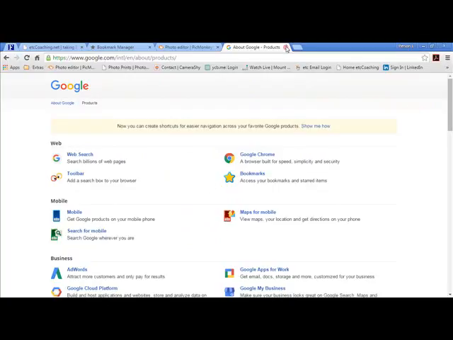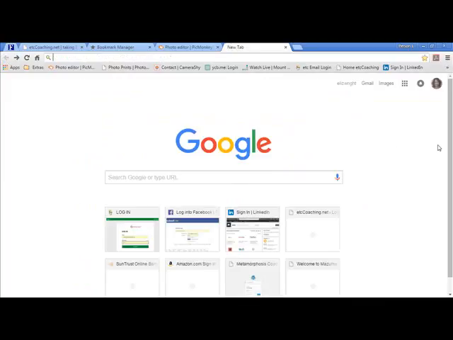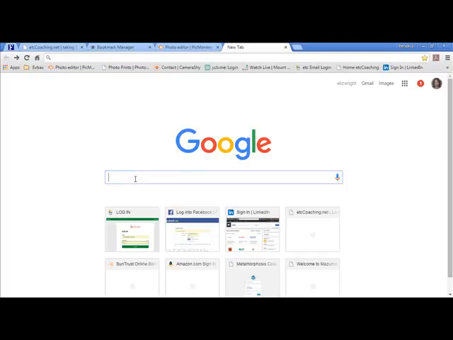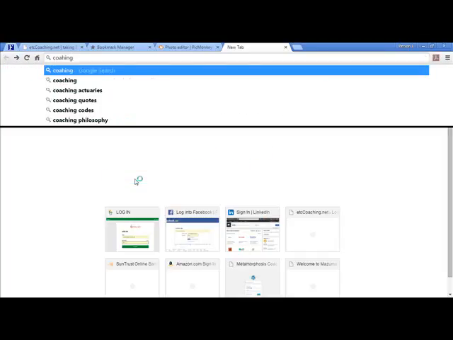The other thing that I might add as you are looking at Google, and hopefully you have a free Google account, is to go into your account and do your privacy settings. You can do that for your searches, as well as when you are working on your own accounts and stuff. So I would recommend that, but I'm going to go ahead and put in here coaching just really quick as a search. And as I go ahead and put in the word coaching and enter,